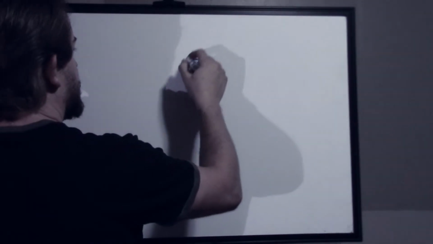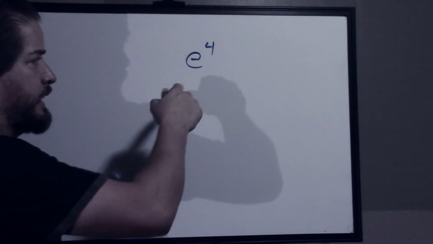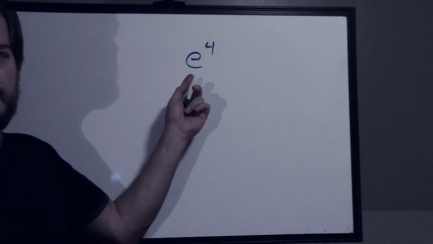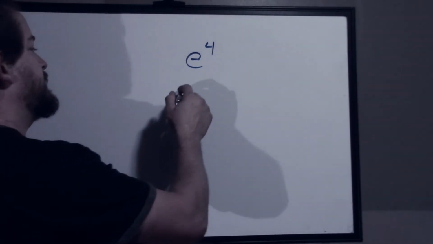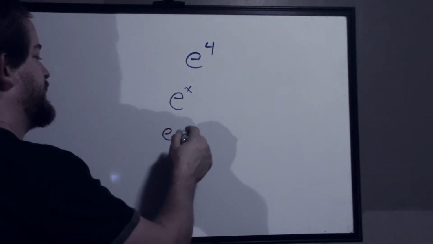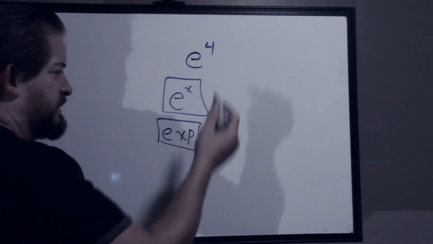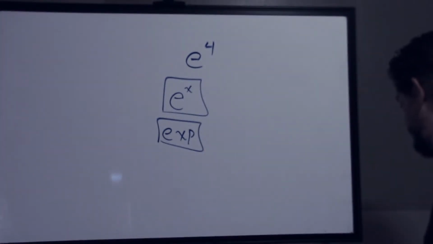With this, we would also then end up having to evaluate exponentials. So if I have something like, say, e to the 4th, and I need to evaluate e to the 4th, again, I should have a button that has an e, or sometimes it's an e with a little x raised, or sometimes it's exp. Depending on your calculator, you should have something that looks like this, right? If I want to evaluate this, though, I'll just take e, raise it to the 4th power, and if I do that,